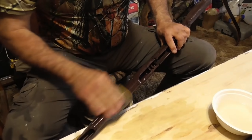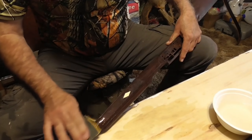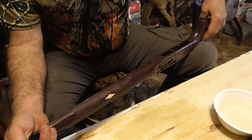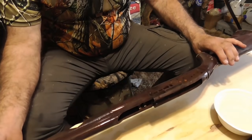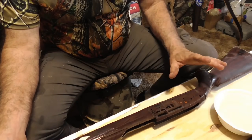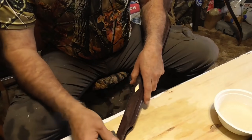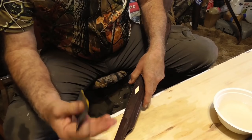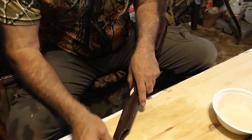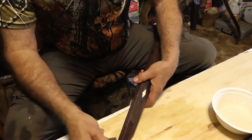But try not to miss any parts, go over the whole thing as best you can if you just want a shooter, something that's not really as much of a collector's item, because I've run across these Nylon 66s at gun shows that were in just pristine condition. I've got one that's nearly pristine, and that just means that whoever owned the gun really took good care of it. They didn't scratch it up, they didn't abuse the gun, they didn't throw it in the back of their pickup truck bed,